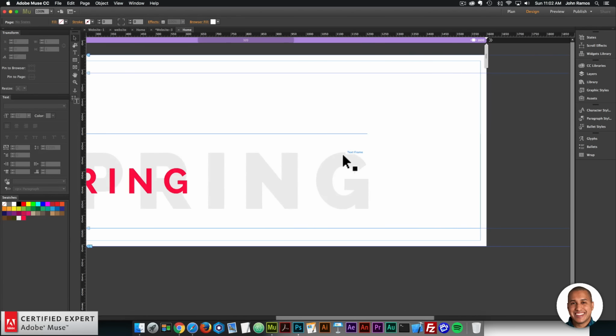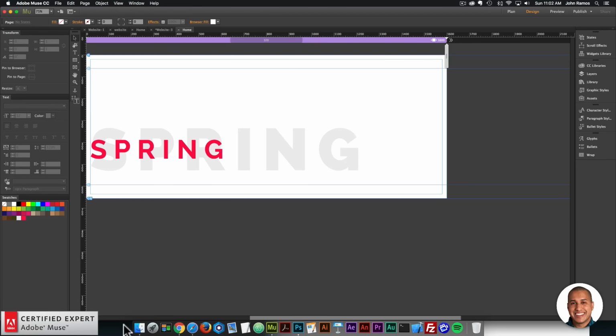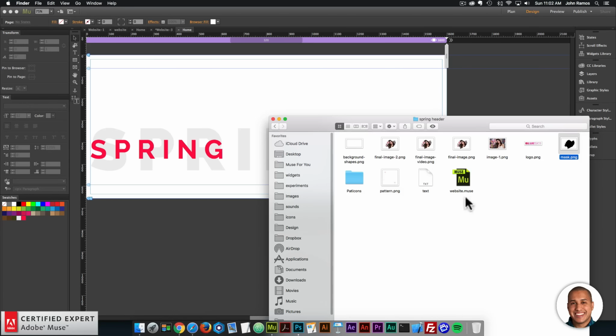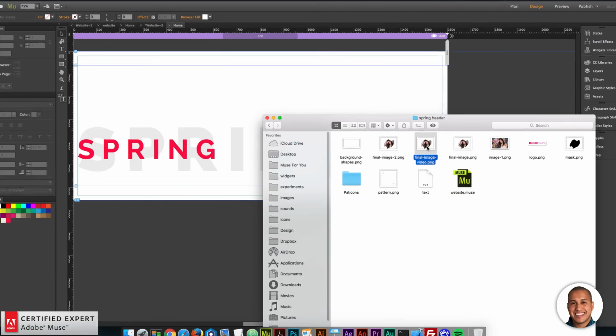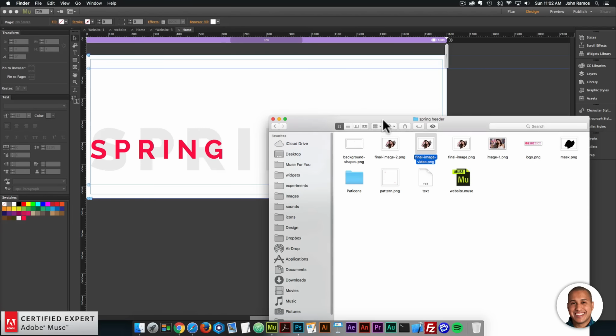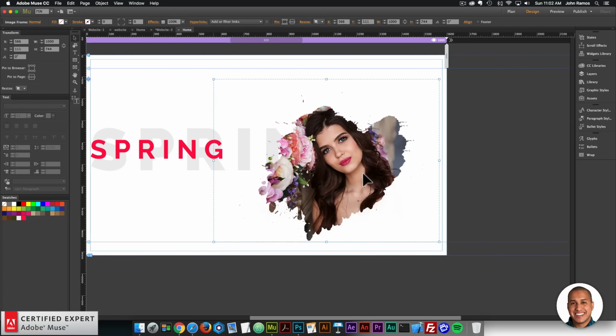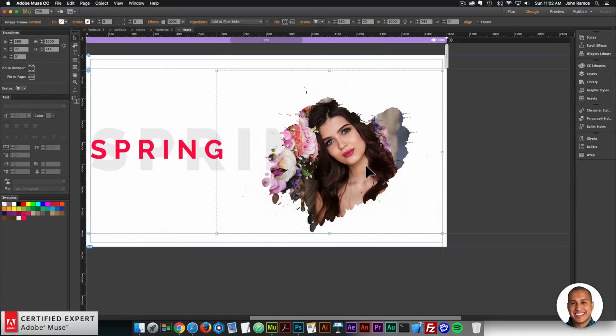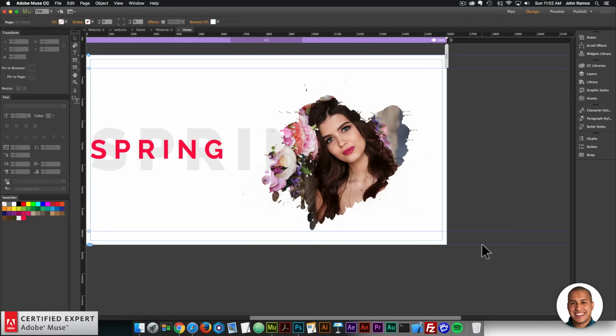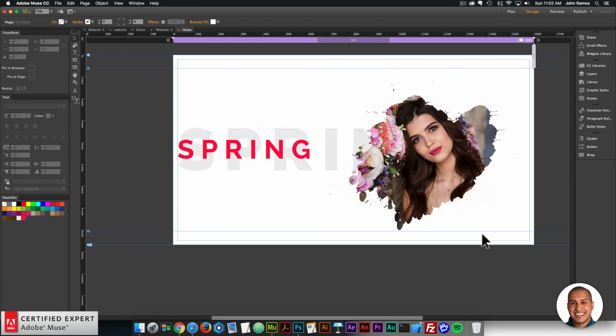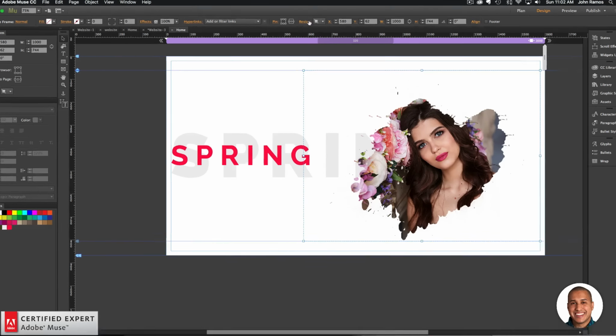We've saved the image. So let's go here and go into the Finder. And then here we have the final image video file, or the final image PNG. So here I'll click, hold, and drag, place right in there. And here I'm just going to eyeball it a bit and just place it where I think it looks good. So we'll just place it right in there, and perfect. All right, and again, I'm going to click on the image, go to resize and select none there. Okay, let's go ahead and preview,